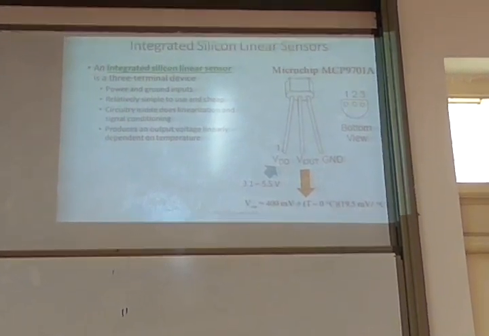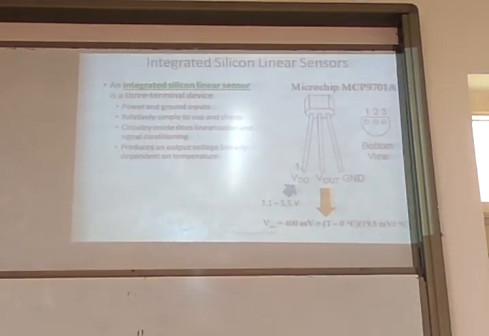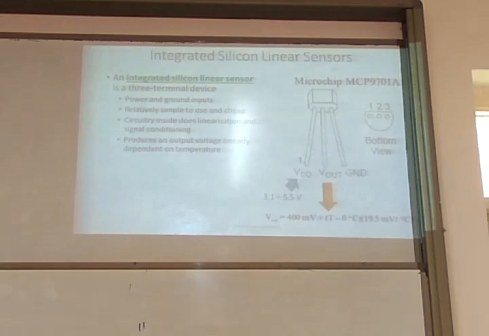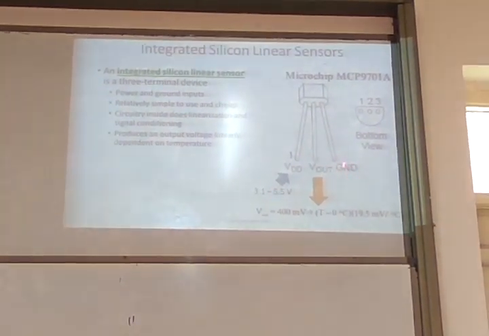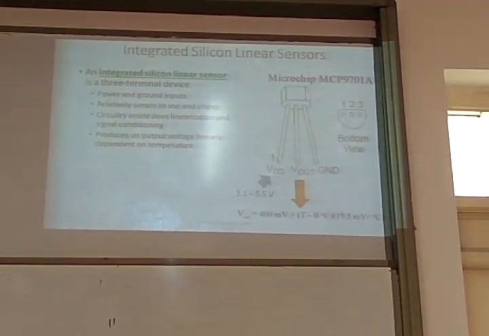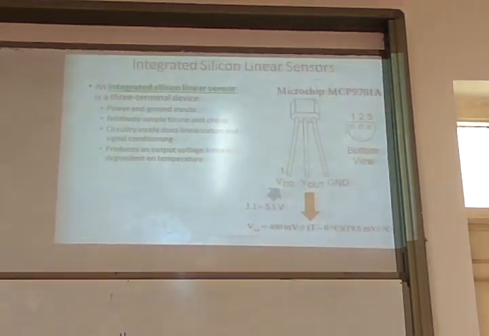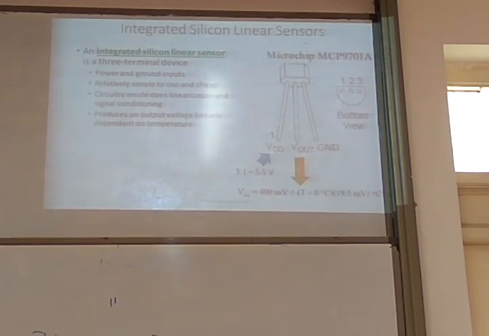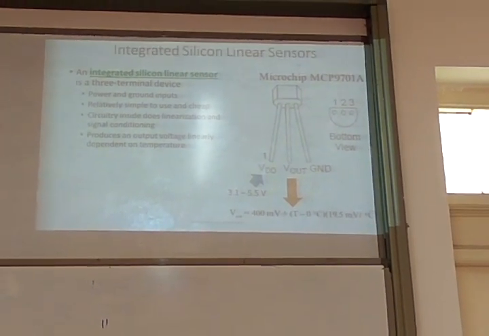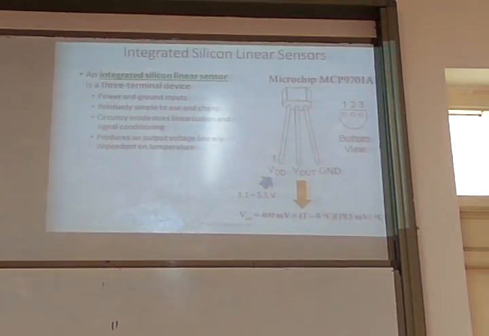This is the recent development of integrated silicon linear sensors. These are all 3-leg sensors. The advantage of these devices is the linearization, the so-called signal processing, a bit of pre-amplification, even filtering to some extent, is done inside